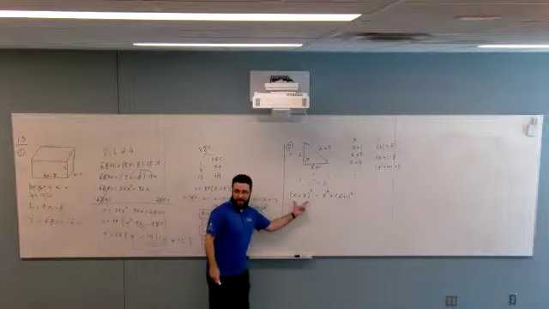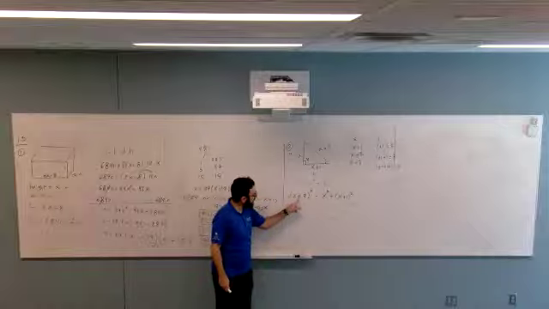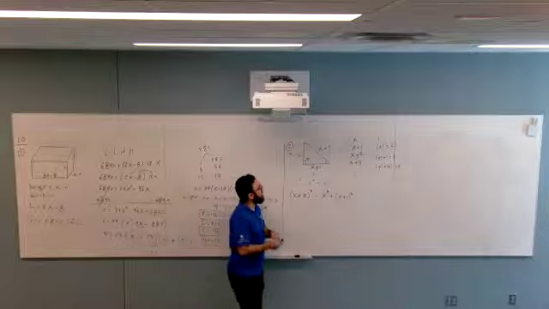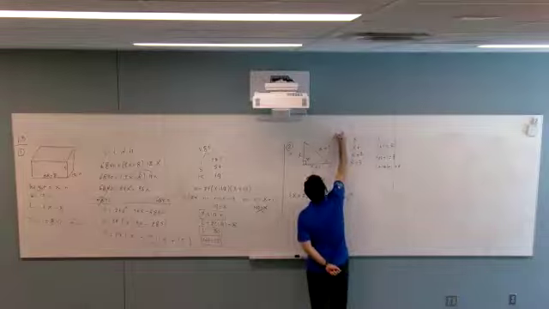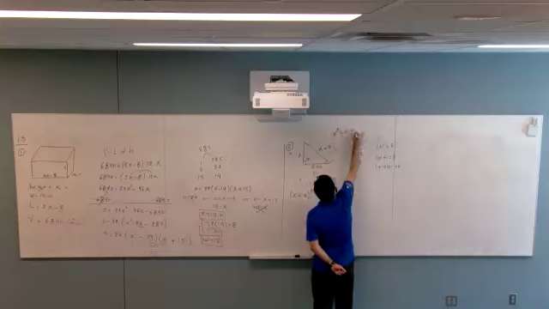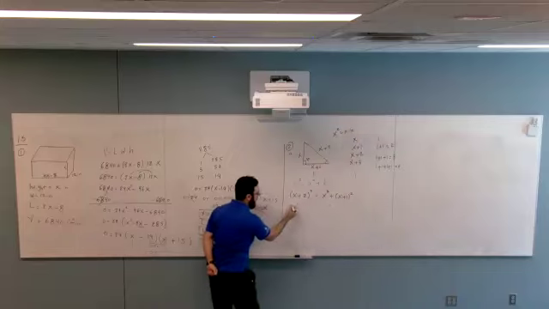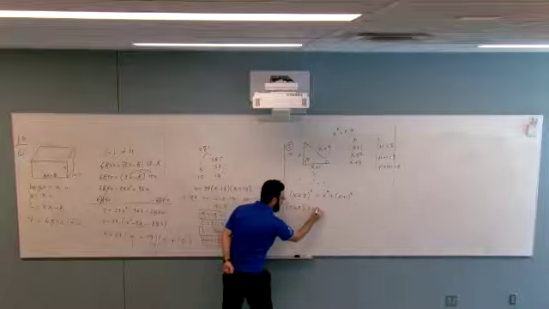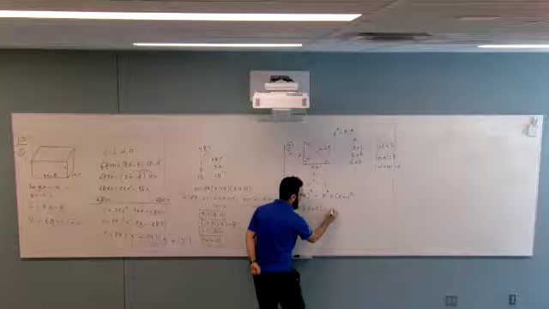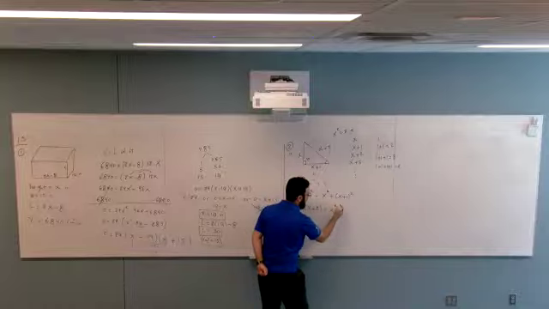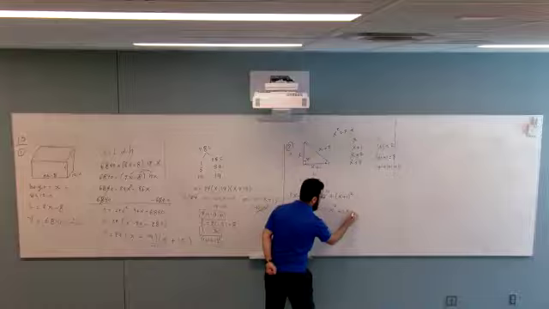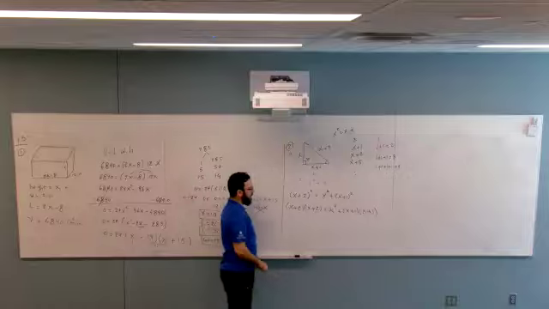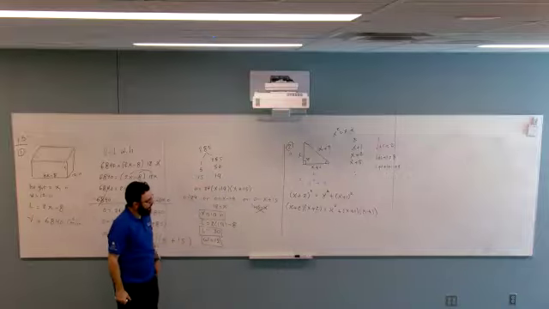So I'm going to FOIL this part. What does that mean? x plus 2 squared. Write it twice, so you're just going to write it down twice. It's the same thing. x squared means x times x, right? So I'm going to do the same thing here. Let's say x plus 2, x plus 2, and x squared right here, so x plus 1 times x plus 1. Is that okay? Next step,